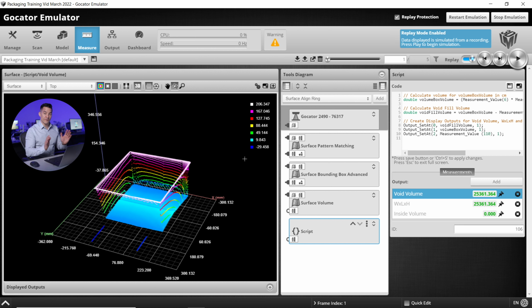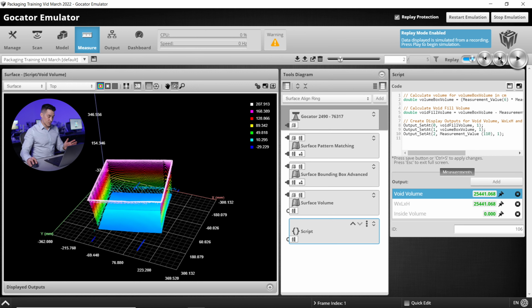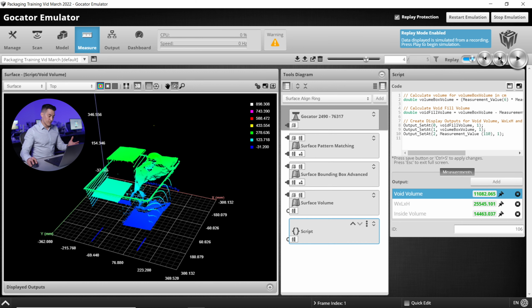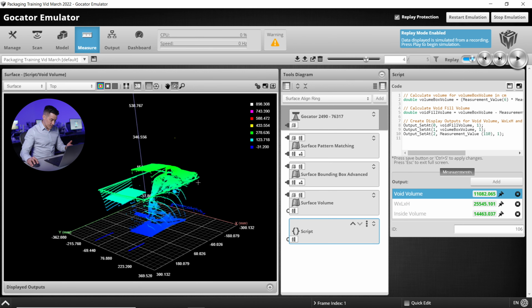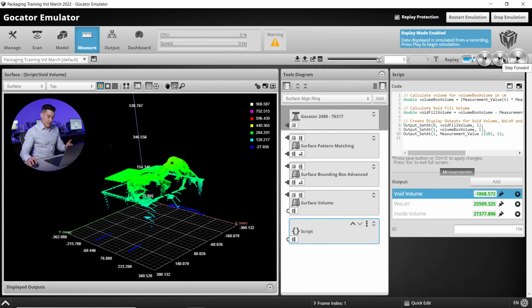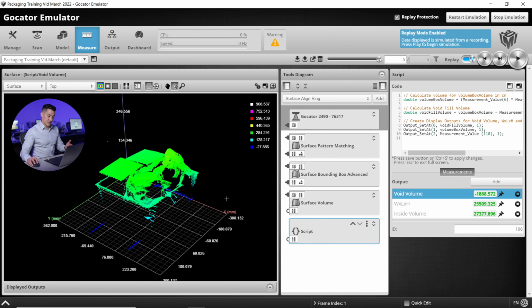Now, we've recorded 5 images of boxes. I'll just flip through them real quick. That's our first one. Our second one is a little out of alignment. Our third one has a few items in it. Frame number 4 is almost packed to the top there. And frame number 5 is completely overflowing with stuff.